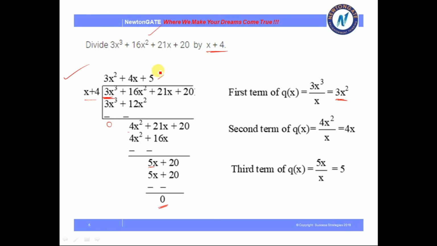And what is the second factor we got? We got 3x squared plus 4x plus 5 as another factor of the given polynomial. Now how to find another factor? This is just a quadratic equation, and by solving a quadratic equation by any method we will find the two factors from this. So the given polynomial gave us two factors. One is x plus 4, that we found out as the remainder is 0. So we found that x plus 4 is a factor, and also by the long division process we found another factor, that is 3x squared plus 4x plus 15.